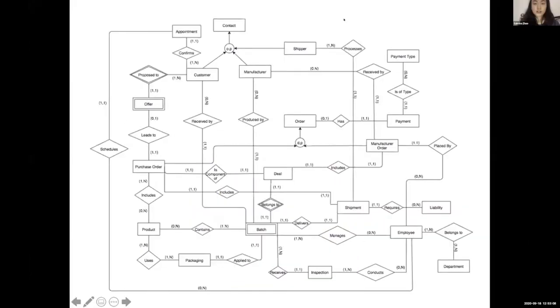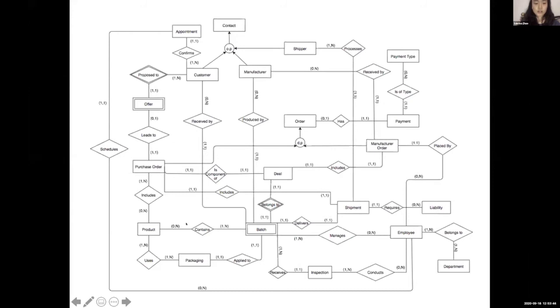Okay, I'll be sharing my screen, and this is the ER diagram that we have. It contains purchase order and manufacturer order. The purchase order is placed by the customer who requests some products, and then the collection of the products will form a batch, and then that batch will be produced by the manufacturer, and eventually it will be delivered to the customer through the shipper, and that's going to be through this node, which is the shipment.